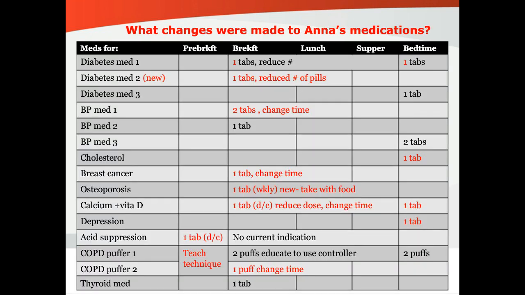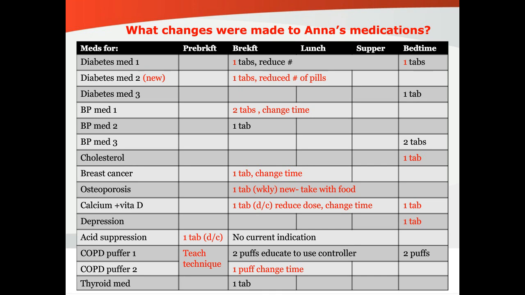Now, let's look at how we helped Anna. In the previous slide that we showed a few minutes ago, Anna was taking about 20 medications spread out over 5 times during the day. So after consulting with the doctor and working with the pharmacist, here are the changes, and I have summarized them here for you. For her diabetes medication, the first one, because she was feeling dizzy, the number of pills was reduced. And for the second diabetes pill, the one that she has to take multiple times a day, a long-acting preparation was chosen, so she only has 1 pill a day.